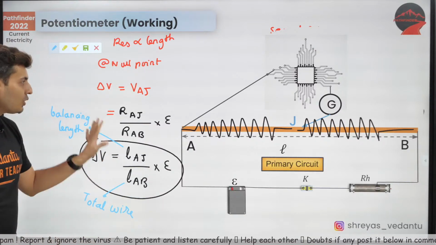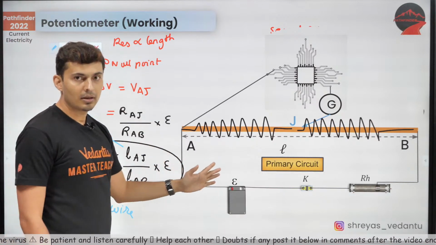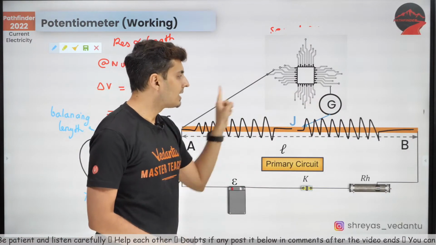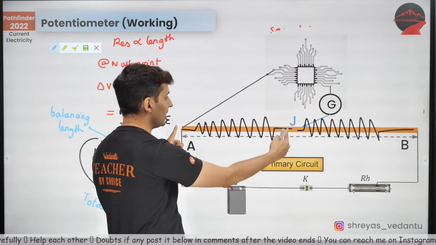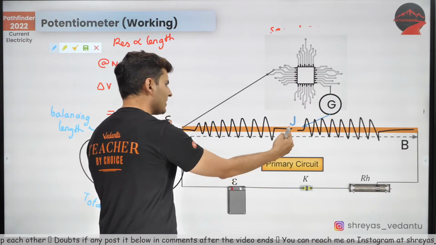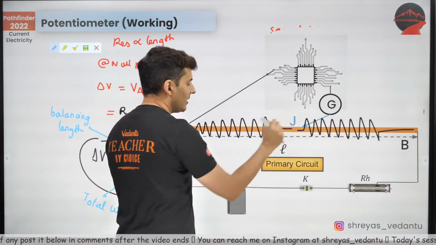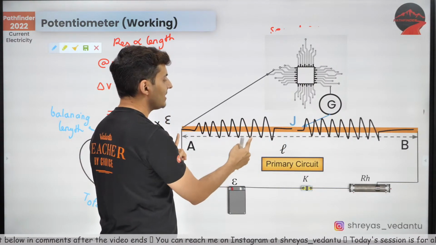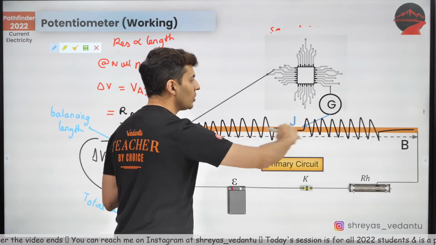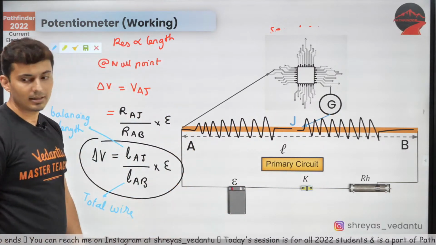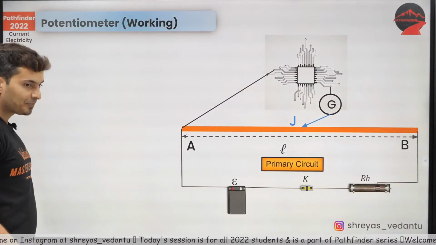Yes. So that's the logic for solving the questions. If you remember the theory properly, if I understood the concept, that's it. The voltage difference between these 2 points at balancing condition is the voltage between these 2 points, as if two resistors are in series. The voltage across any one resistor in series is resistance upon total resistance into total voltage. That's it. Done. Very simple. Very good. So keep this in mind.